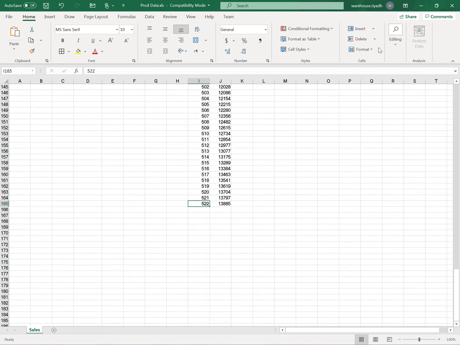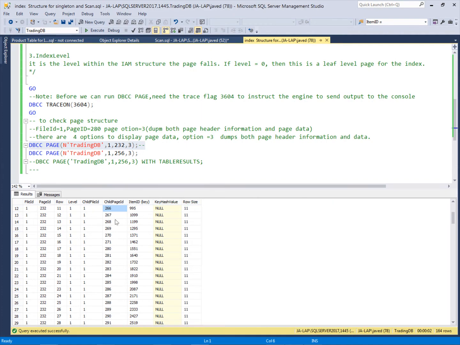And this is the 164 pages. So the root page has 164 pages, which contains our cluster index key, item ID, and the key values. So the first root page, this is the root page ID, and this is level 1, which means this is the index level,